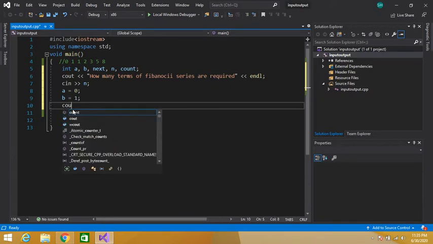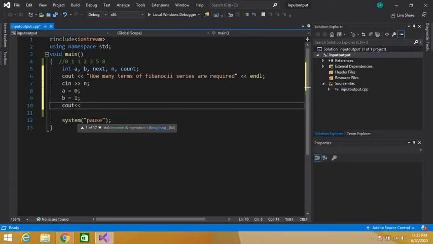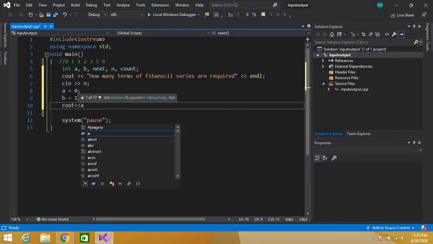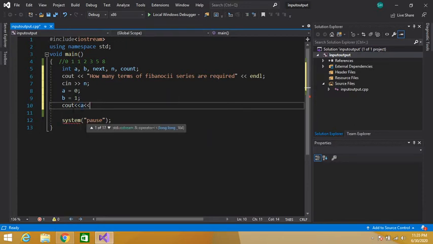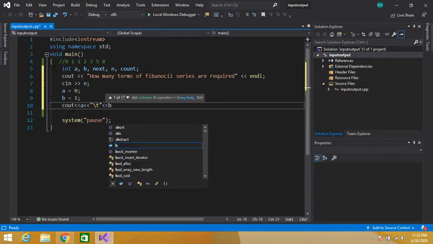So cout a, and then we have to give a tab, \t, between two terms, tab space b.